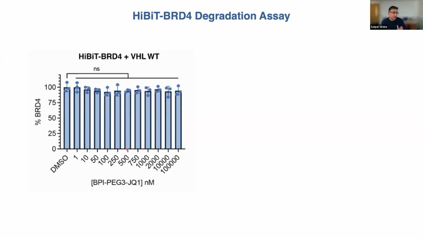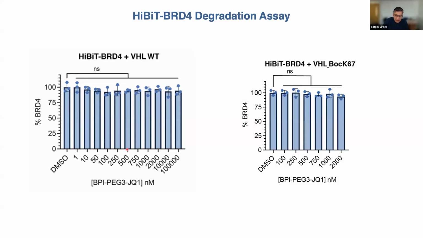And the concentration that hooks, if you like, for a given protein can vary. So hence it's important to do this control, we feel, using a range of BPI probe concentrations. Also, when we incorporate Bot glycine, we don't see any degradation of BRD4 either. These signals, I should say, correspond to the endogenous BRD4 levels with the HiBiT tag. So Bot glycine doesn't, when we have that there and add the probe, we don't get degradation. So any degradation won't be an artifact of the general incorporation of an unnatural amino